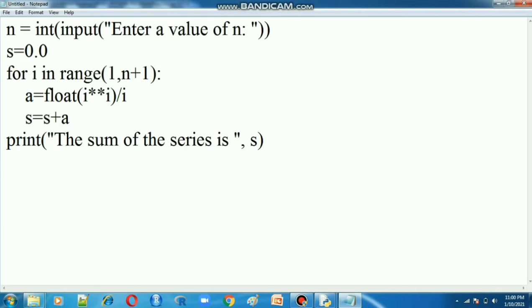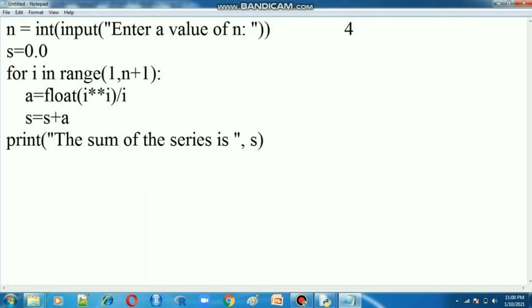Okay, n is the variable name, int is the data type, integer data type. So input we have to get, enter a value of n. I have to enter input 4. I entered input 4.